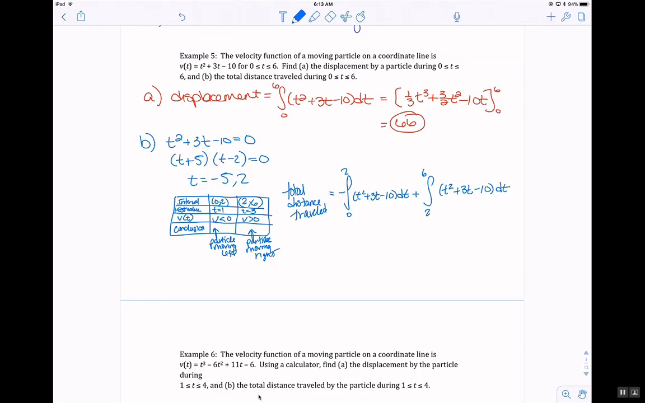So what you will get here is you're going to go negative 1/3 t cubed minus 3/2 t squared plus 10t, and you're going to go from 0 to 2, and then you're going to add it to 1/3 t cubed plus 3/2 t squared minus 10t, going from 2 to 6, and when you add both of those together, you should get 266 divided by 3. Okay, so now let's take a look